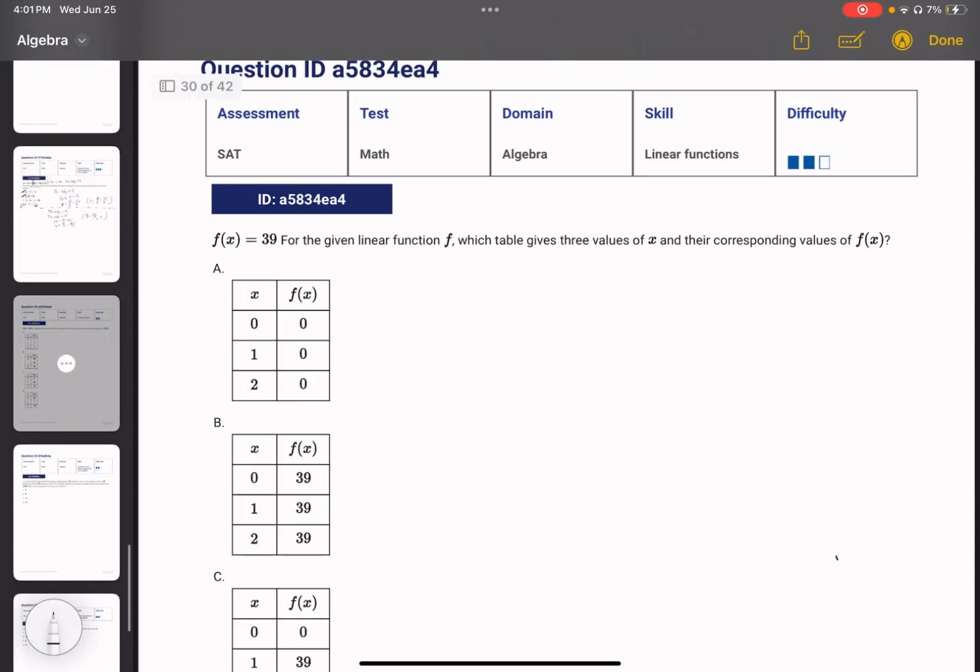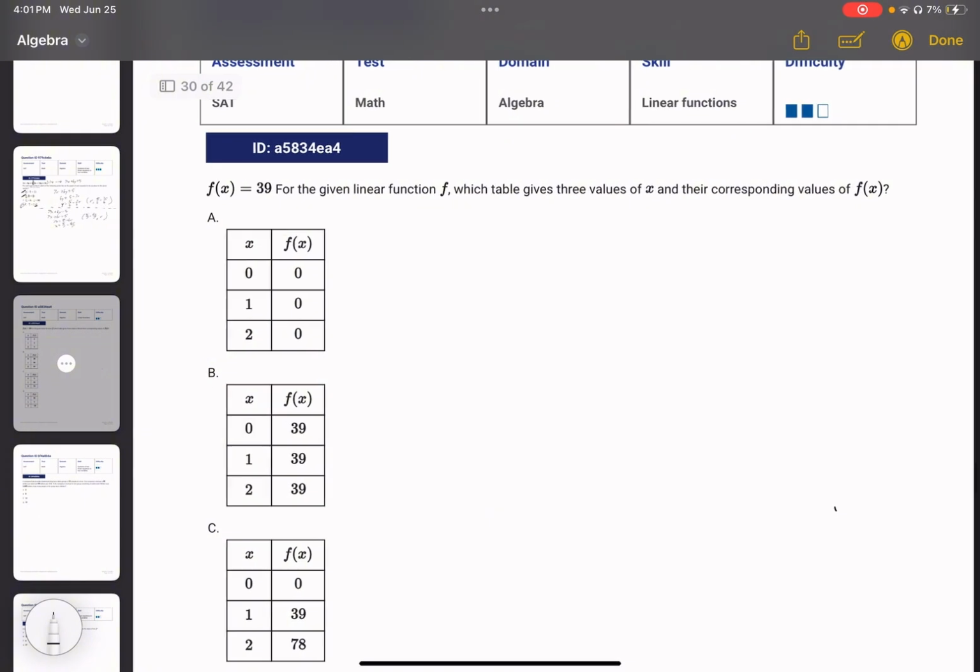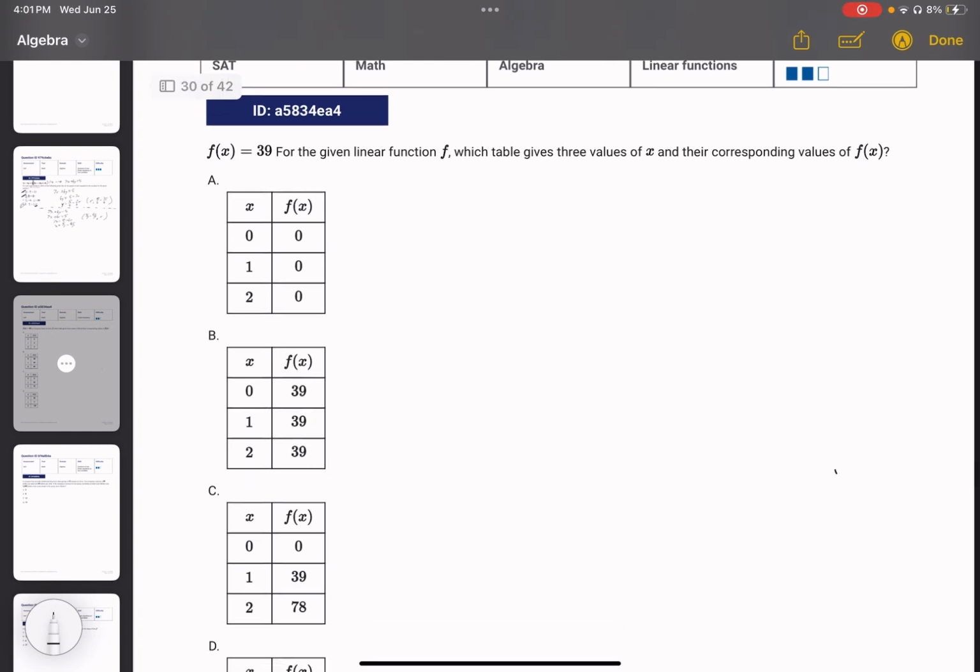Okay, we're going to do another question. F of x equals 39 for the given linear function f. Which table gives three values of x and their corresponding values of f of x? So we have a bunch of tables here. This statement right here is just saying y is equal to 39. And y is equal to 39,